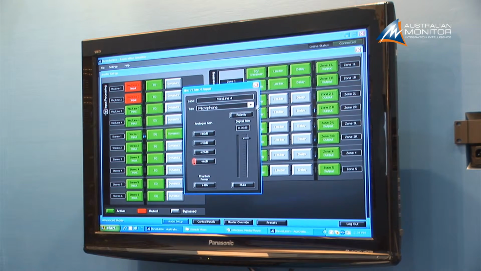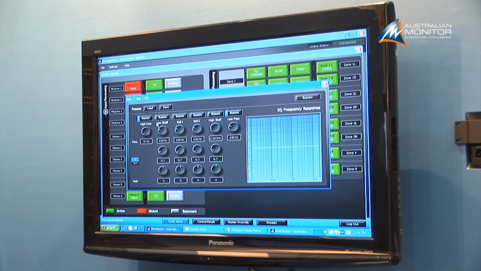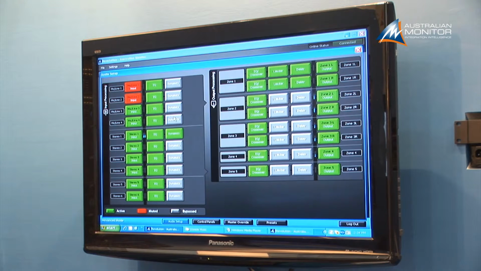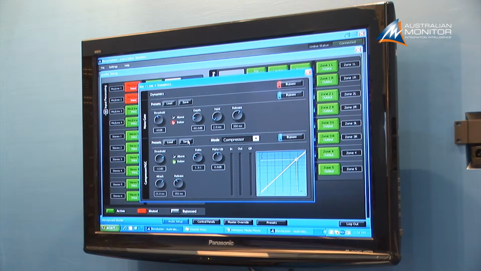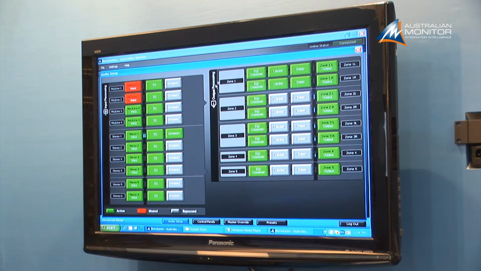programming our mic line inputs or our stereo inputs. We also have comprehensive EQ on each input. We also have dynamics control, things like compressors, or we can also set up AGCs on our input, as well as noise gates. On our output zones, which we have 5 output zones, we have 3 stereo zones and 2